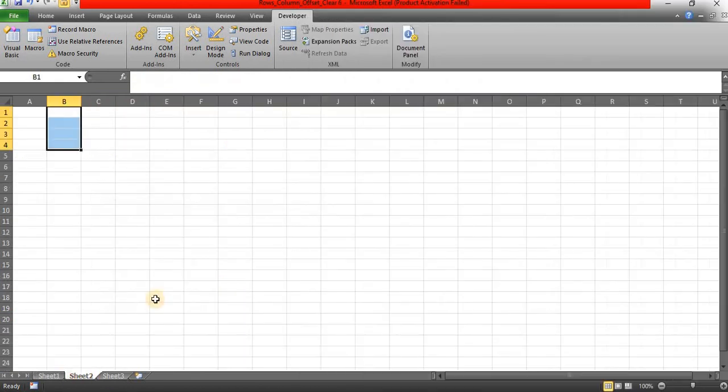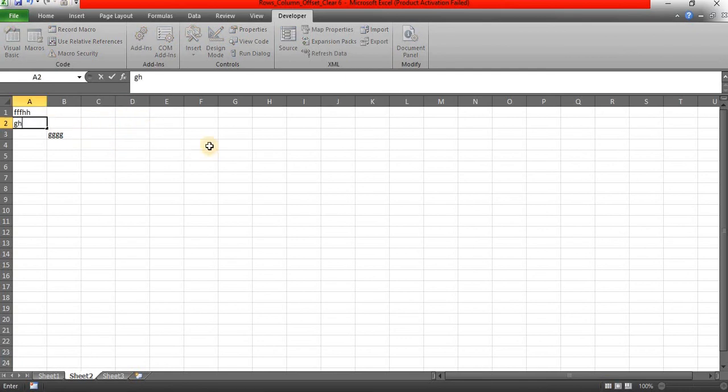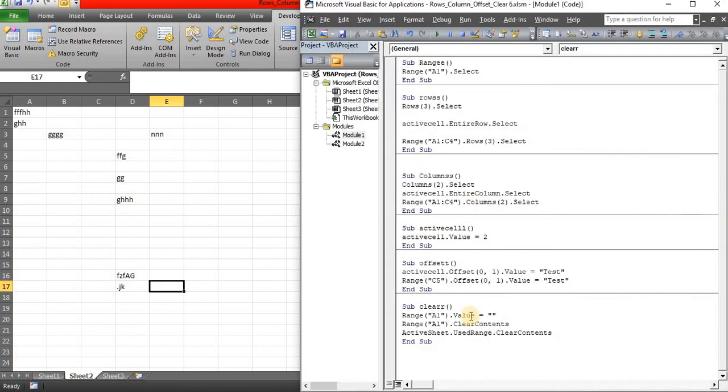Let me move to Sheet 2 and I will update some values on this particular sheet. Okay, I have updated a few values. Now I want to clear the range A1.